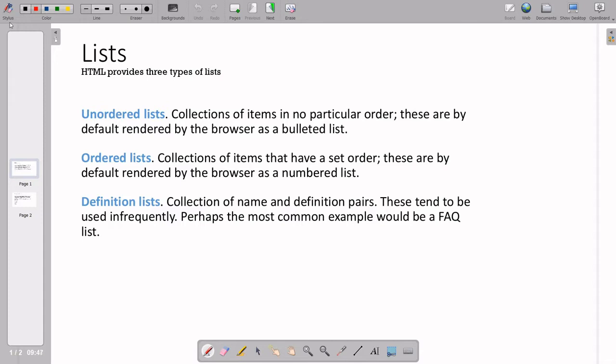HTML provides three types of lists. The first list is the ordered list, the second is the unordered list, and the third one is called the definition list. First we'll see the unordered list.